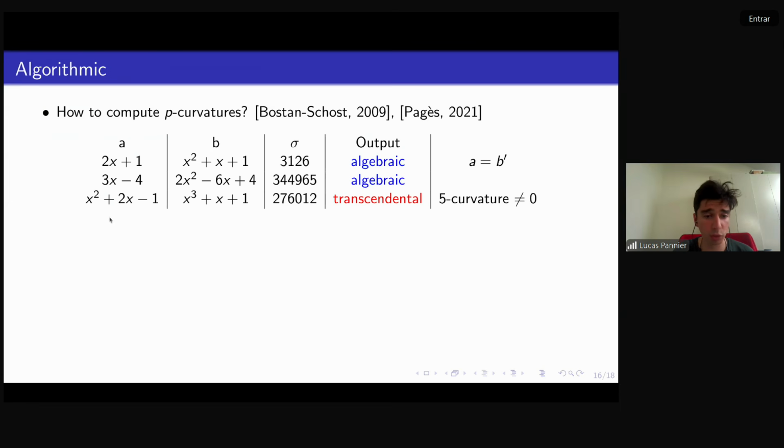advantage of our algorithm is that we can check for any kind of polynomial. So if we take this A and this B, the algorithm will return transcendental, and even though this sigma is very large, the p-curvature is already non-zero, so our algorithm will return very quickly the answer to our question. For the moment, of course, the first algorithm does not compete with the second algorithm because factorization has been studied a lot and implemented and optimized, which is not at all the case of the first algorithm I presented using p-curvatures.